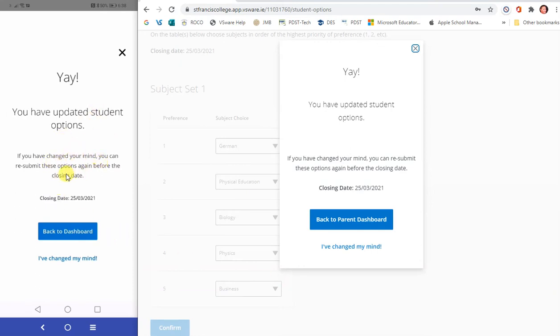If you've changed your mind, you can resubmit these options again before the closing date. So it is possible to resubmit these or change your mind before the 25th of March. Now that date is hugely important, because on the 26th of March, the day of the Easter holidays, that's the day when we actually run the timetable. Once we run the timetable, the options will be generated, and we'll have then commenced planning the timetable for next year. So should you change your mind after this date, you're going to be extremely limited in the options